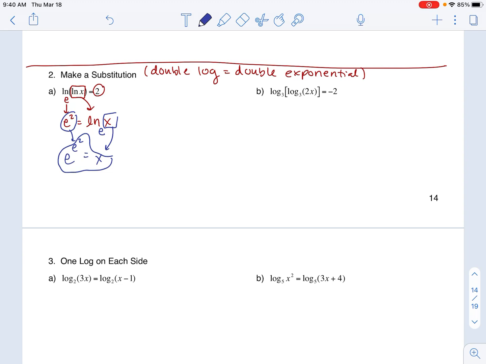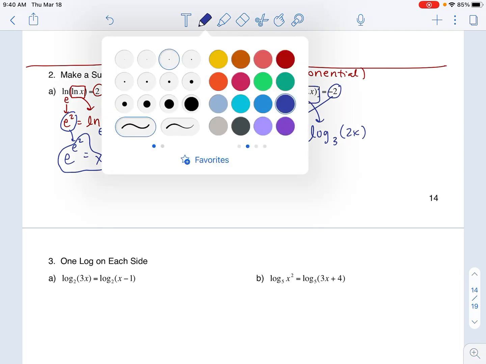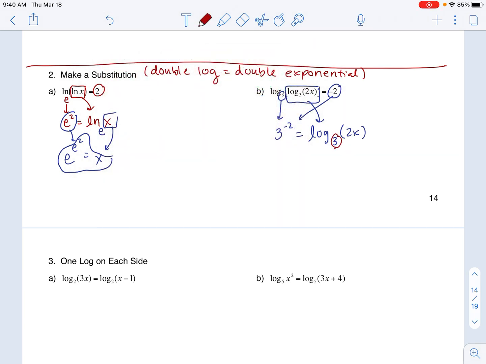So same idea with letter B. Okay, so start outside here. So you take the 3, that comes down as your base. Exponent is -2, and that equals this whole argument, log base 3 of 2x. And now you just do it again. Base is 3. Exponent is this whole thing, 3 to the -2, there's your double exponent, equals that whole argument,